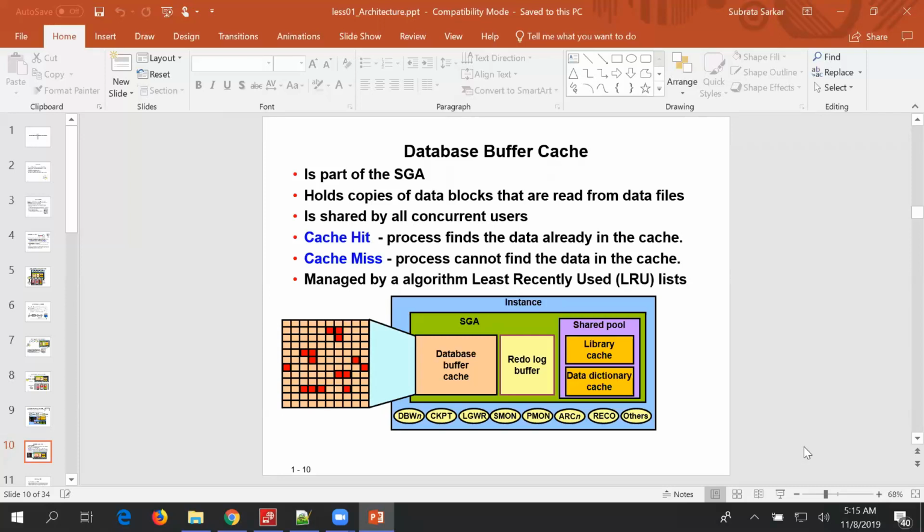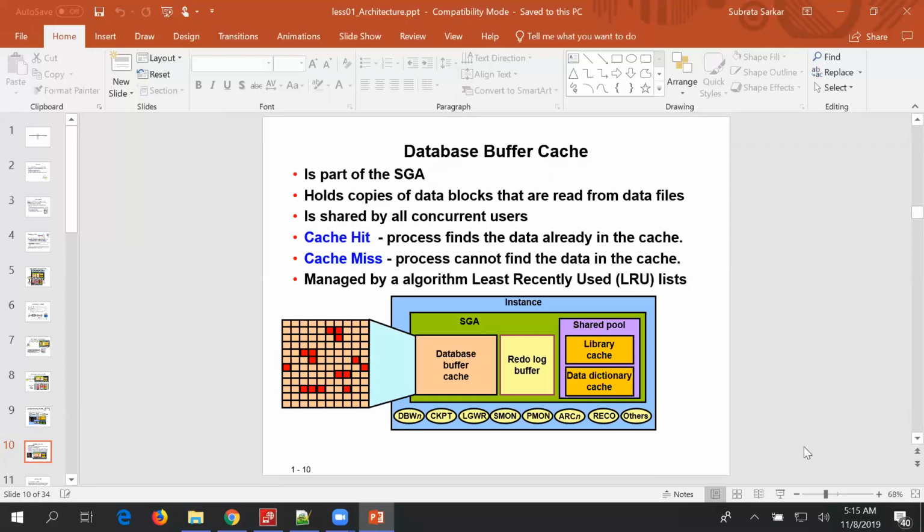It is managed by the least recently used algorithm, LRU lists. So whichever is least recently used will be flushed out. So this is about the database buffer cache. It stores the data from the data file in memory.